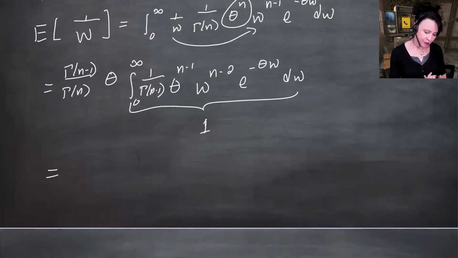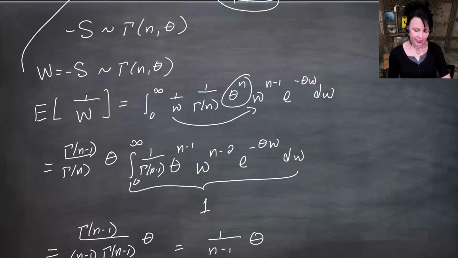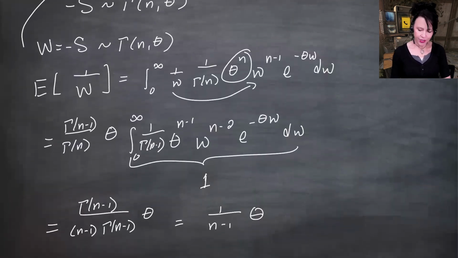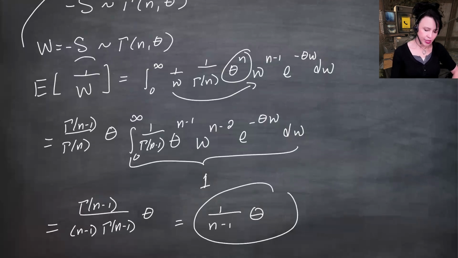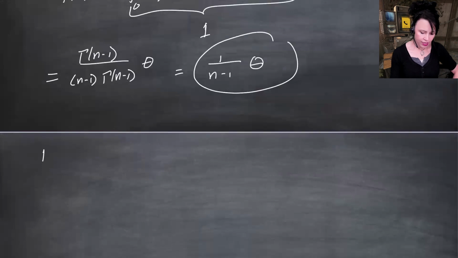And this becomes gamma n minus 1 over n minus 1, gamma n minus 1 theta. So 1 over n minus 1 theta. Whew. Let's finish this off. If I just want a theta, I need to put n minus 1 in front here. So we're done. The UMVUE